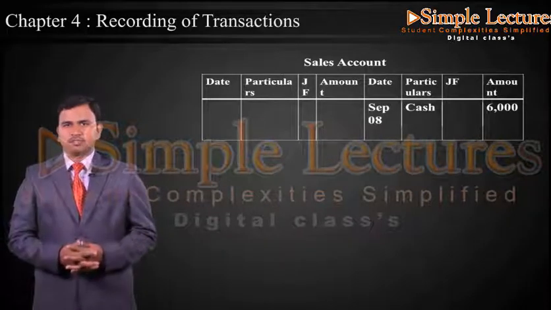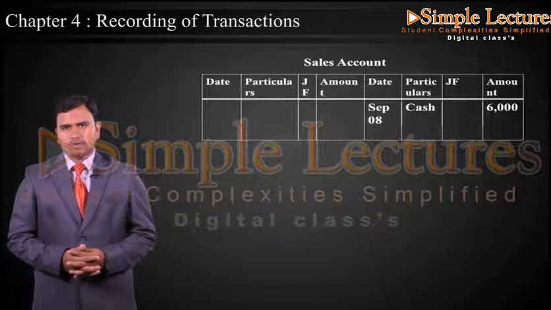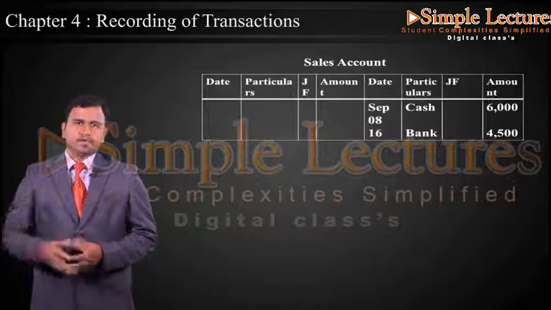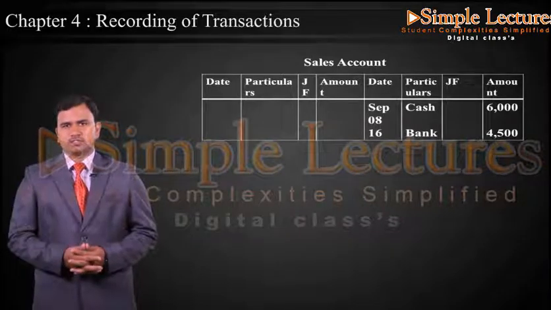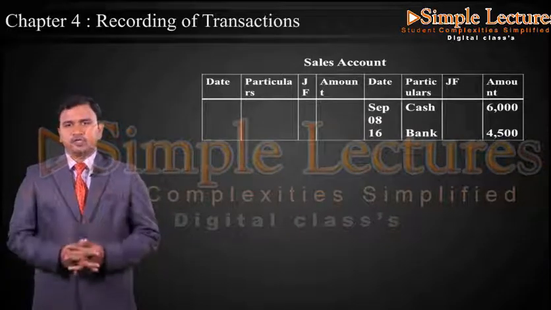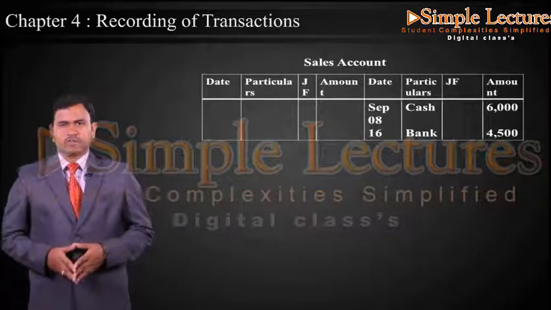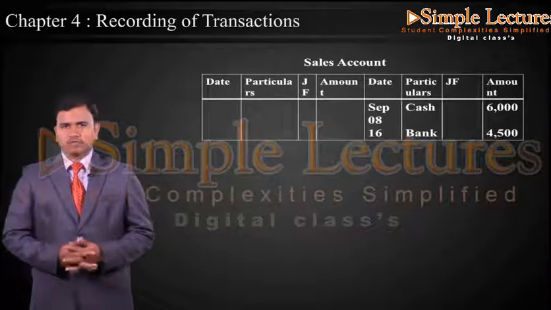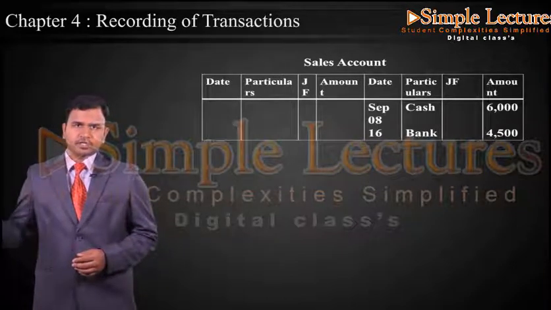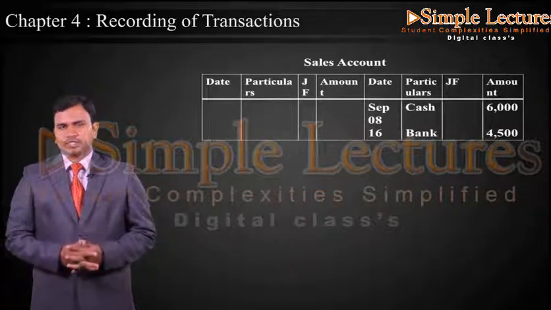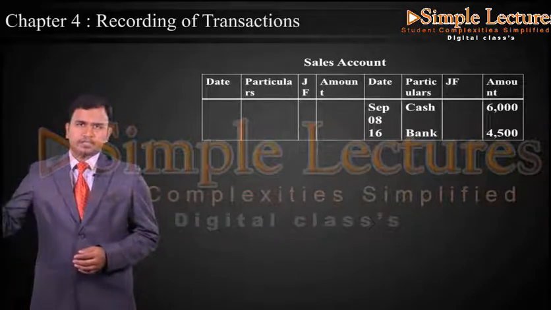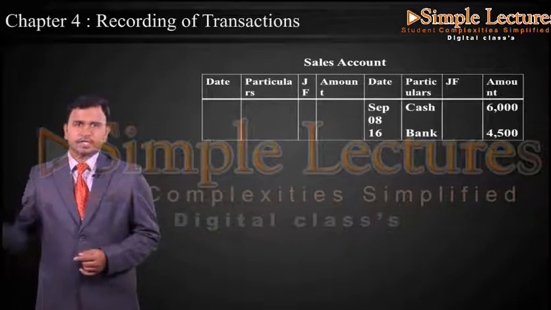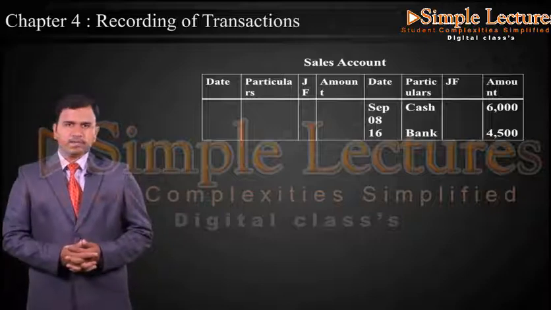Because the sales amount was considered in the cash amount column. And the next entry is on September 16th, and the entry will be by bank account, amount column 4,500. Since we have only two sales entries here, the account has to be closed. So the credit side total will be 6,000 plus 4,500, 10,500 in the credit side and the same in the debit side, 10,500. Above the debit side total, by balance carried down 10,500, and again credit side next to the total, by balance brought down